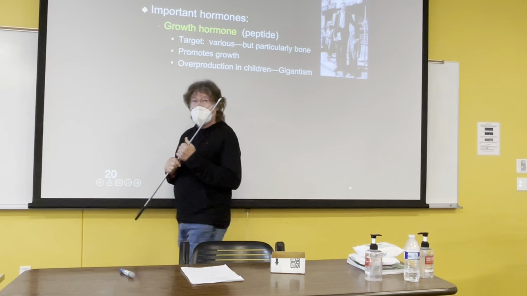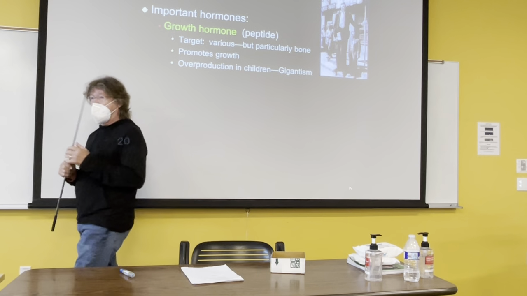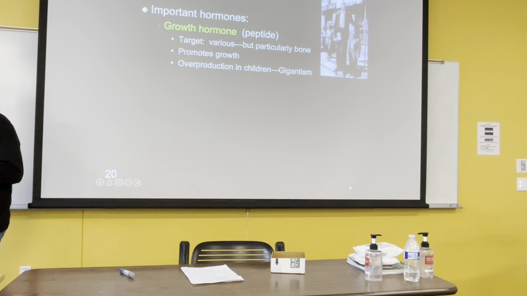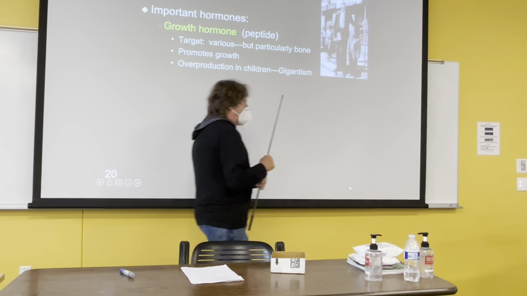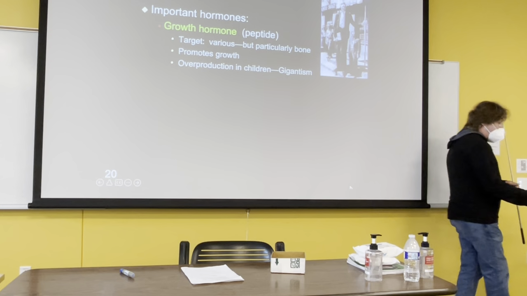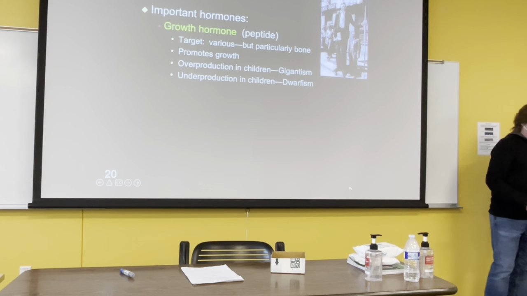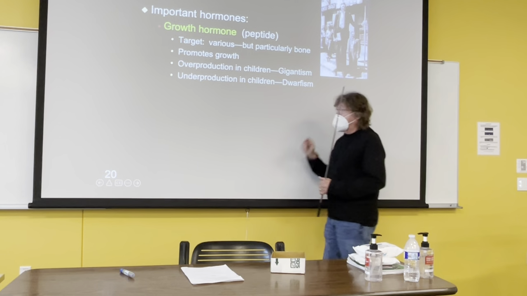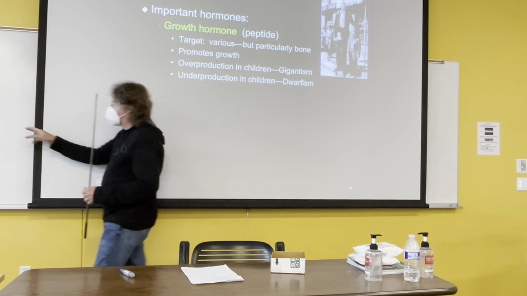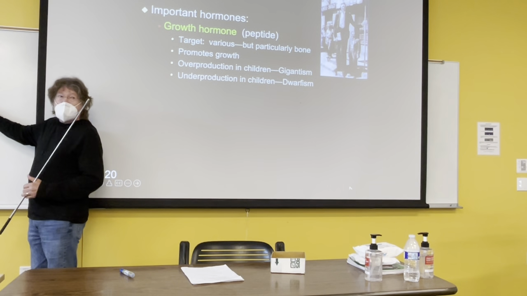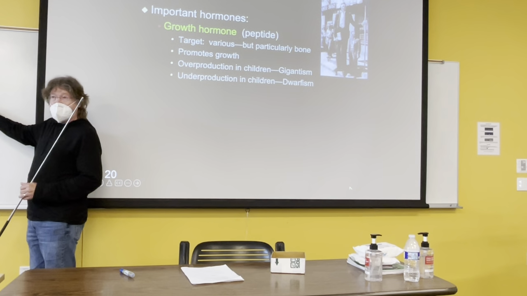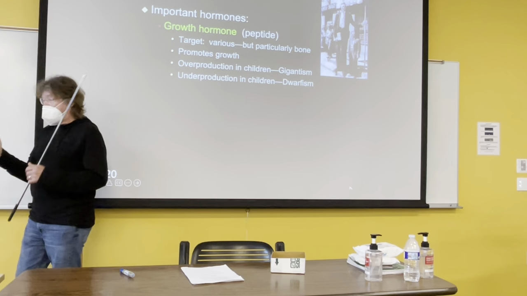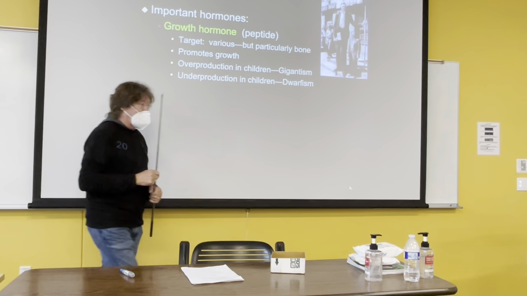They might live until their 30s or 40s, but they don't live a very long life because the heart has to pump blood over such long distances, and it really is hard on the heart. Now, if this happens under production, then you get dwarfism. Because what happens with dwarfism is that these bones, that cartilage growth area, seals too early. It calcifies too early. And therefore, their arms and legs are incredibly short.